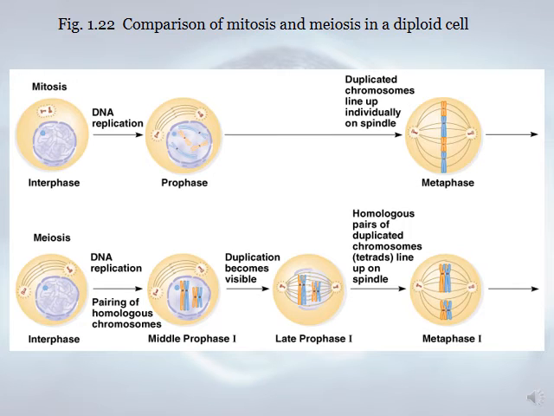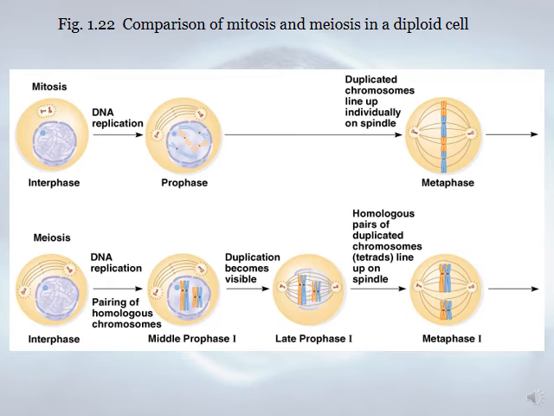Comparison of mitosis and meiosis in a haploid cell. This slide is going to be divided into 2. Okay, this figure. So in mitosis, we have interphase, prophase, and the chromosomes will be 2 chromatids each, and the chromosomes will line up at the middle of the cell, forming the equatorial plate. But in meiosis, we have prophase 1,